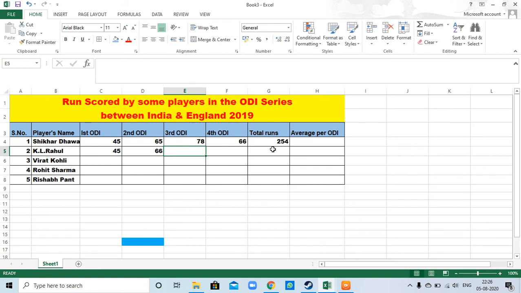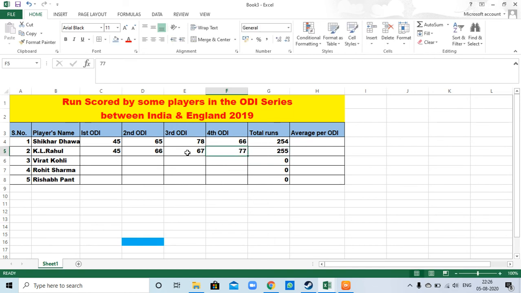Now you can drag this formula and copy to other cells. If you type any value, the total runs come automatically.